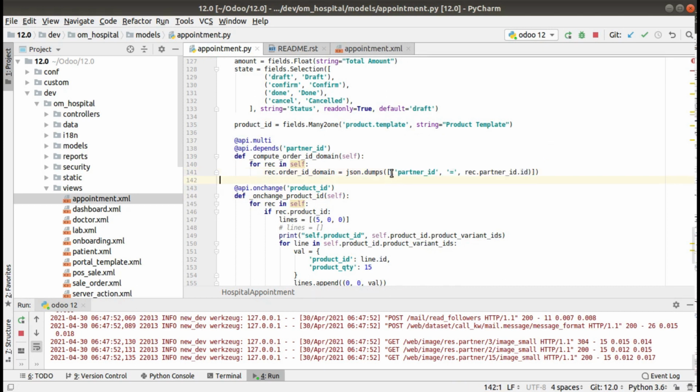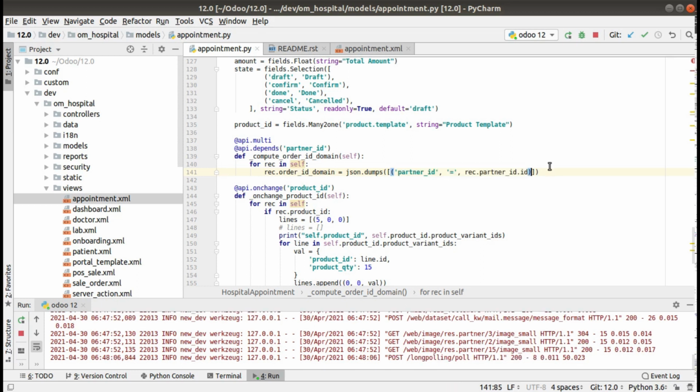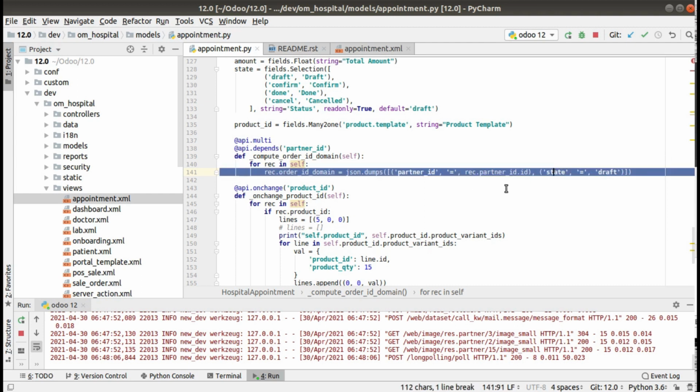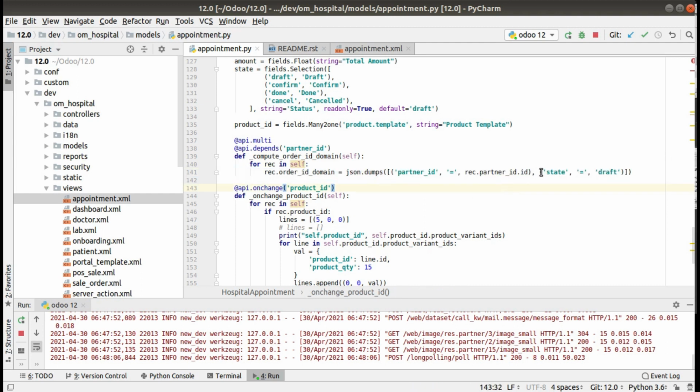I'll be showing we can return multiple domains: Control C, comma, paste it, and update the domain like state equals draft. So you need to return only the draft records, that is, only the quotations. So simply I have put a comma and added one more condition.